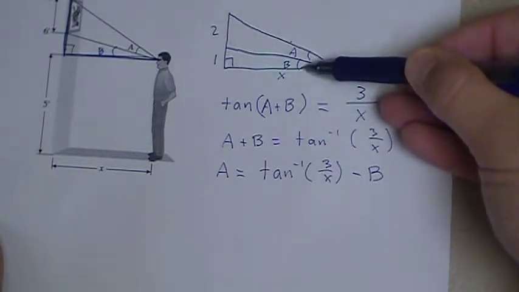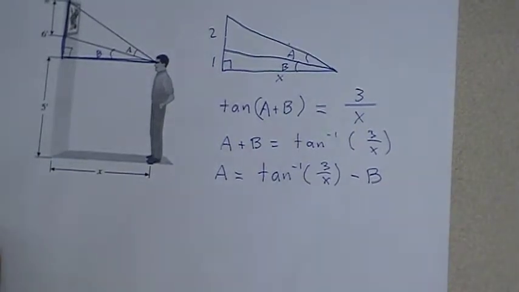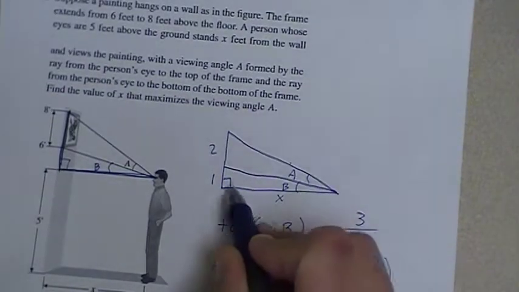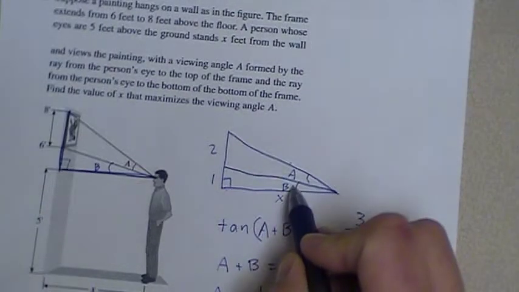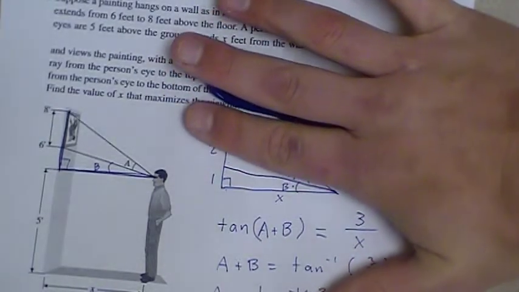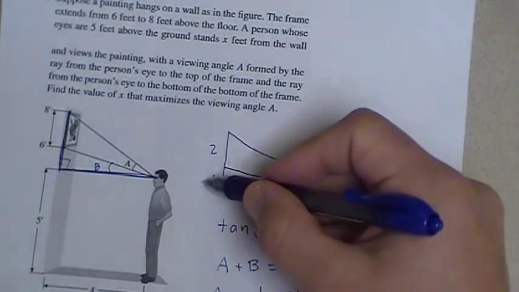So we can actually use this bottom triangle to develop a relationship between B and X. I'm going to do that up in the corner here. On this triangle, here's the angle B, and I'm just looking at the bottom one now, right? So I'm thinking about the top part not really being there. And if I just look at this bottom triangle, I have the angle B, I have the opposite side,